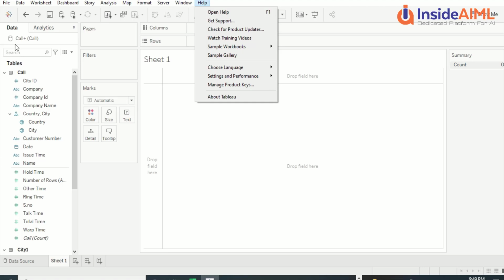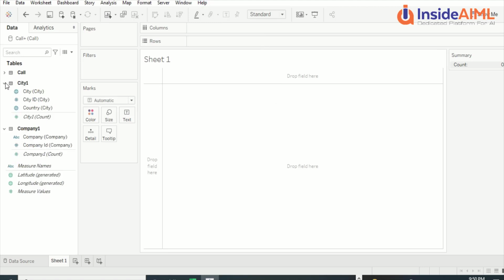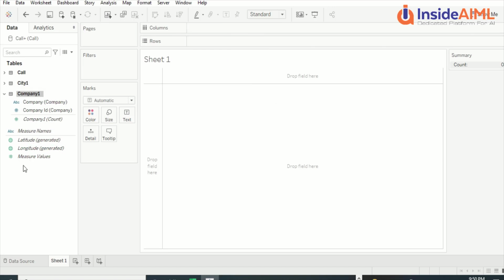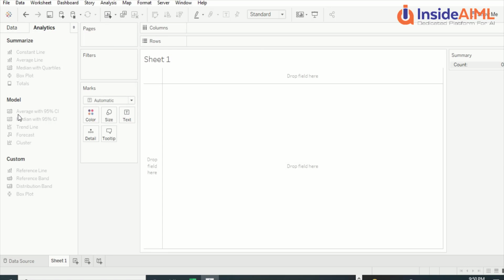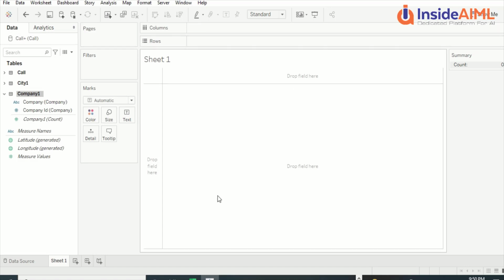Other than that, this is the tab where all your tables will appear, and once you start creating the measures, the measures will also appear here. Then there is an analytics tab, where these options will be enabled based on what kind of visual we have. In the analysis, we have these pages, and we are going to use that later. Now filters: if you want to add certain filters, they can go here. Based on the visual, these options will keep getting added and changing. Rows and columns, based on the visuals, will be available here.